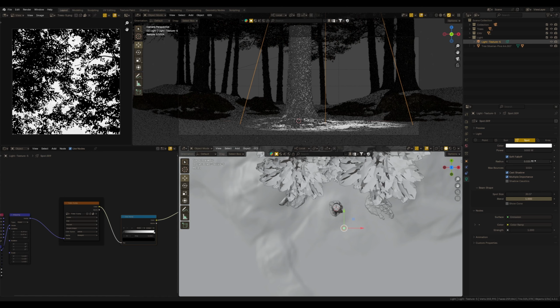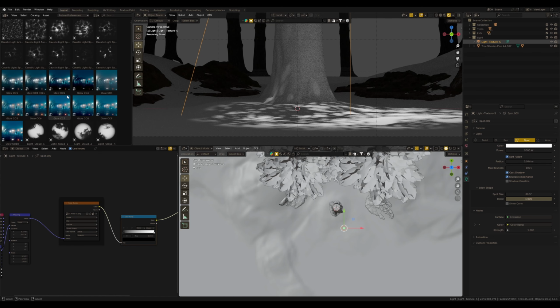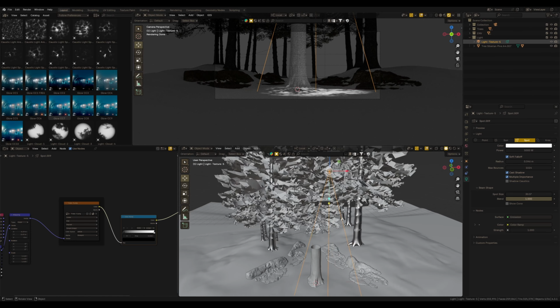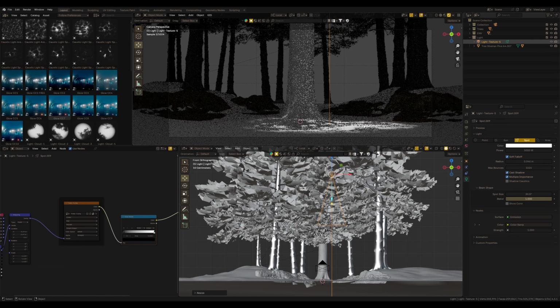I also adjust the radius of these spotlights to make the shadows softer. With a radius of 0, the shadows are too sharp, as you can see, but increasing it gives a more natural look. Texture lighting in Blender is an incredible feature. I use this feature all the time in my artworks, and I'd even say it's one of the main reasons why I fully switched to working in Blender.